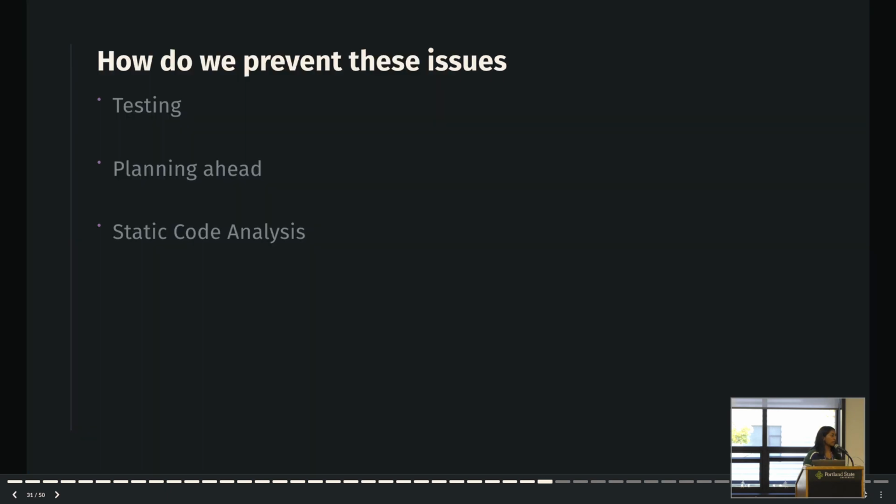So, how do we go about preventing these issues? For developers, the answer lies in testing and planning ahead. Modern software relies heavily on automated testing, and any system that handles time or scheduling should account for leap years. This might sound simple, but the sheer complexity of date calculations means that it's an extremely easy mistake for developers to be making. Over time, many date and time libraries have been improved to handle these cases, but bugs still slip through. Therefore, we recommend the use of static code analysis.